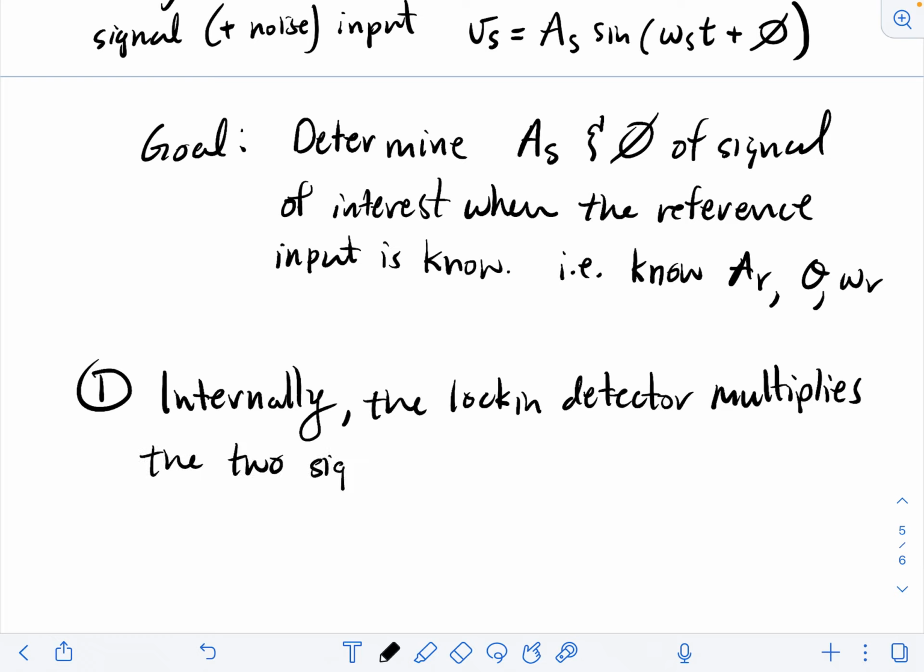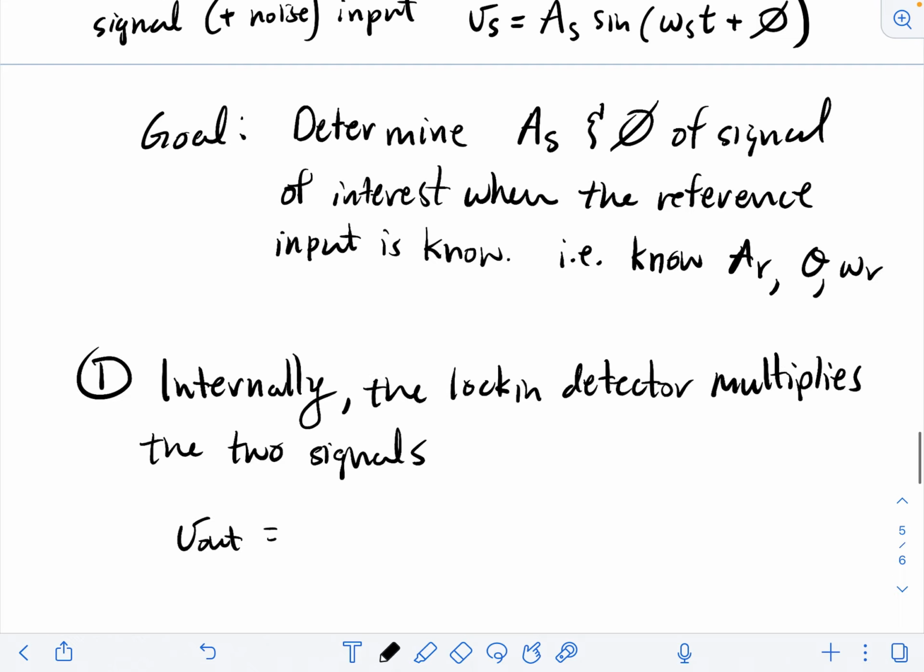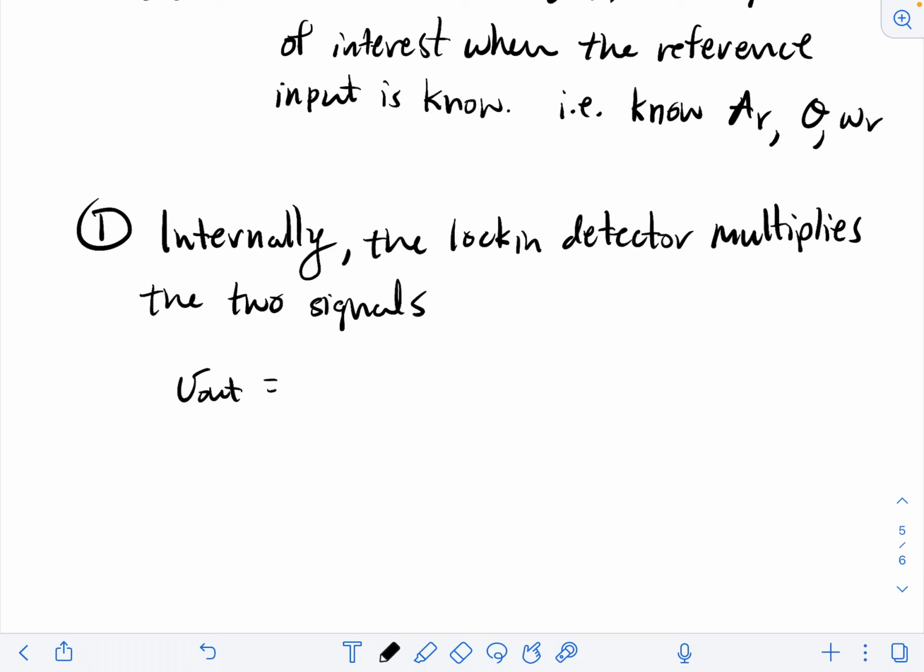And so let's say after the multiplication, we have some output. I'm going to call it V out. It doesn't really make sense. It doesn't have units of voltage, right? Because we're multiplying two voltages together. But just for the sake of